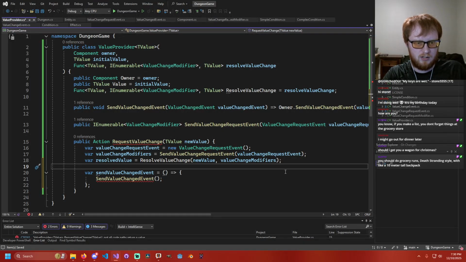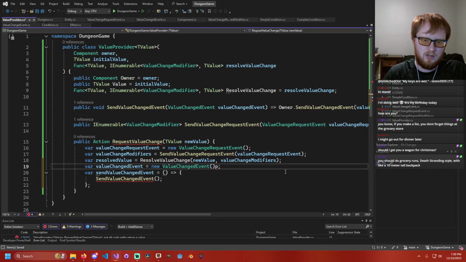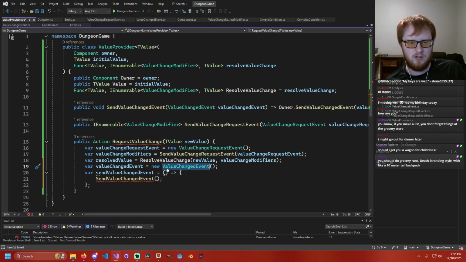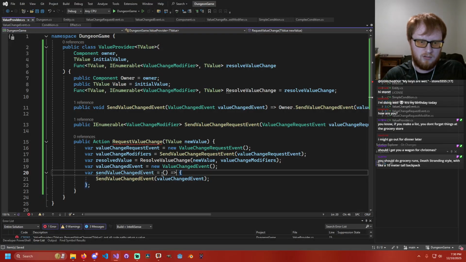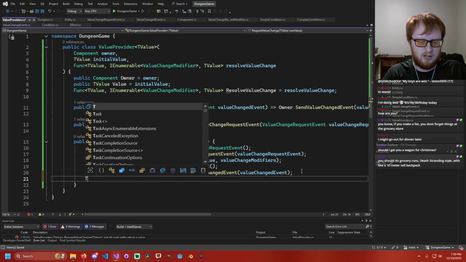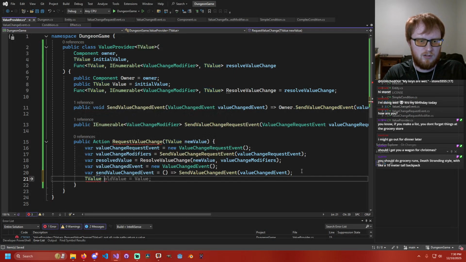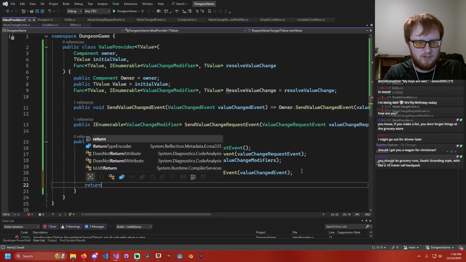And we'll say var value changed event equals a new value changed event. And then we'll throw this into here. Why is it giving me a squiggle? Oh, okay, I can do that. Yeah, sure. Okay, then I can say T value, or actually just value equals resolved value, and then return